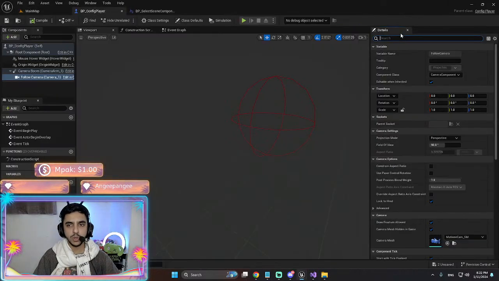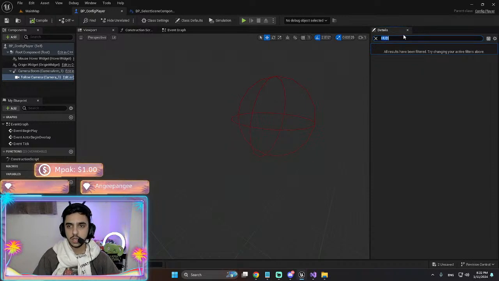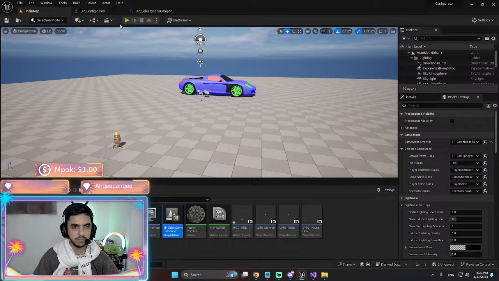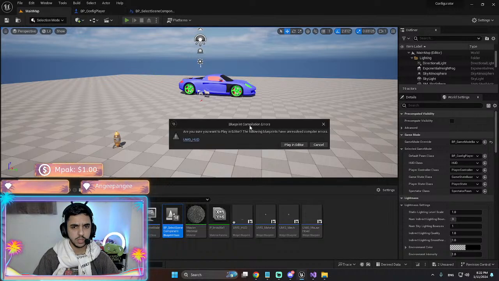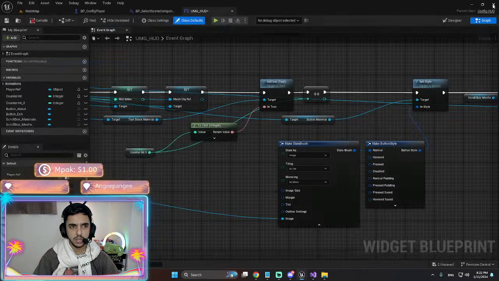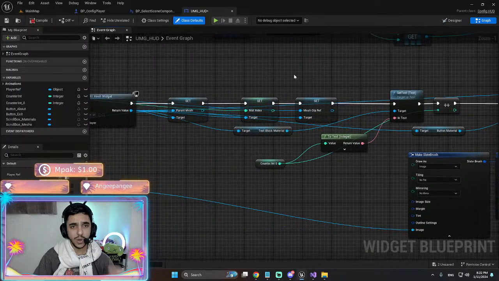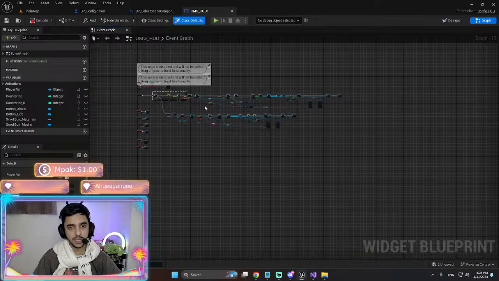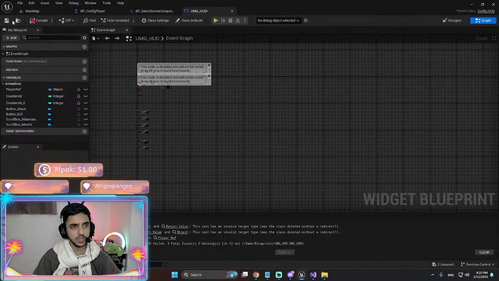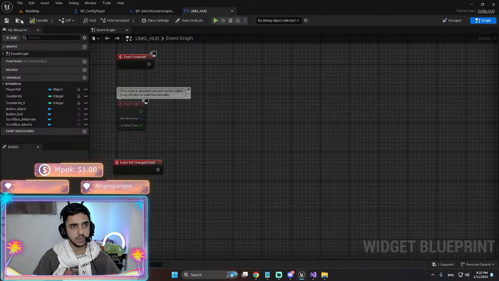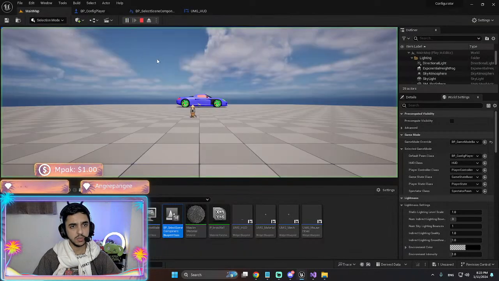Why do I have a UMG HUD error here? Where did I use this UMG HUD? Oh yeah. Actually, you know what? I don't want any of these because I'm no longer using them. Even this part. Yeah, we don't care. Just play.